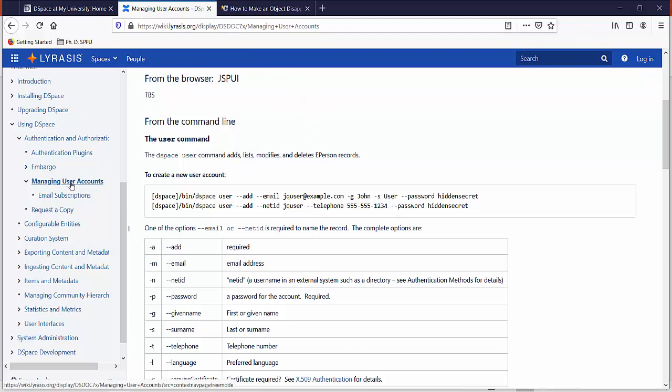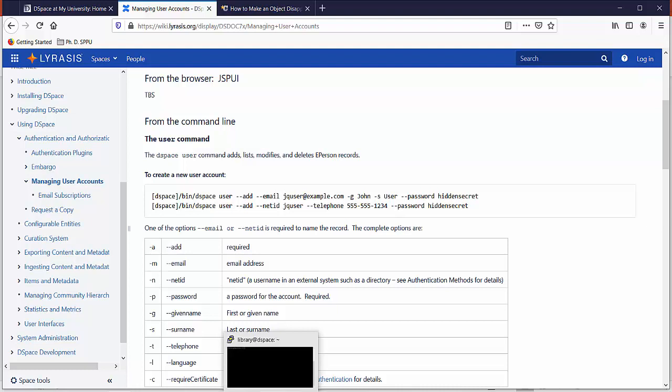Okay, and under the managing user account section, you will get the create new user account command, that is dspace/bin/dspace user hyphen add. This is the command to create a DSpace ePerson. Okay, let's execute this command in the terminal to create the account of Yogesh Mathesar.